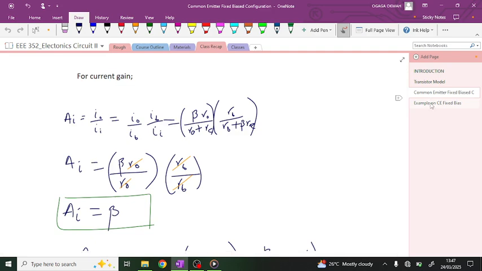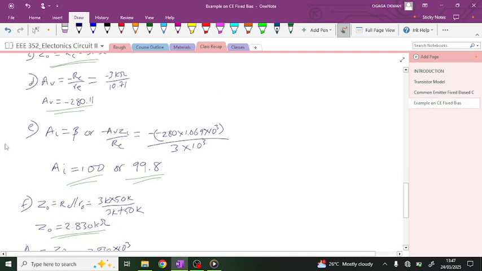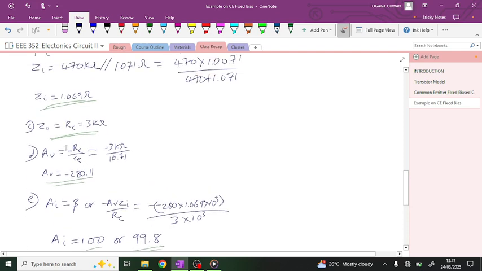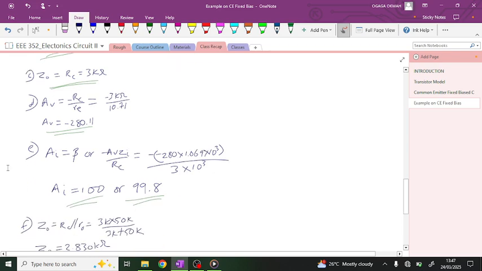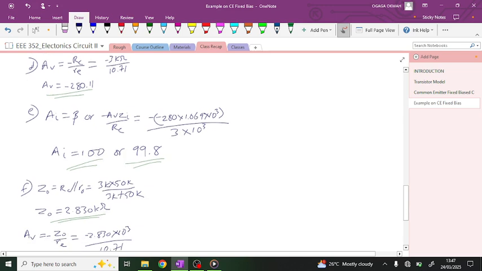Current gain equals beta, or you can say this as your current gain. So you plug in the value. AV, we already have it as this. ZI, we already have it calculated as this, and then all over RC. You can just say current gain equals this, and you put in your answer, or you want to do it like this, whichever way it works. Now in case 2,